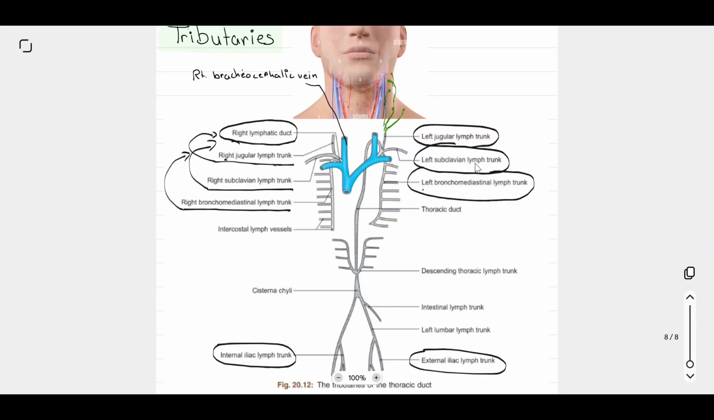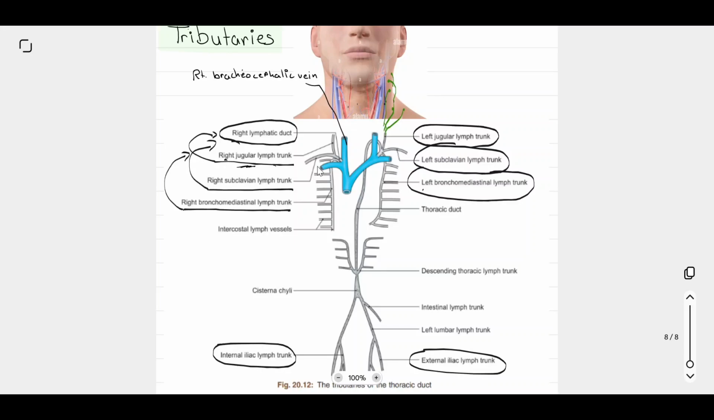Then I have left subclavian lymph trunk, which is draining from the lymph nodes from axillary region. And thirdly, I have left bronchomediastinal lymph trunk, which drains lymph node from thorax region. They all three combine at this junction, and at the angle they drain into this thoracic duct in the left hand side. Similarly, the right hand side, I have this. Firstly, I have right jugular lymph trunk. Samely, right jugular lymph trunk has similar work as left jugular lymph trunk. It drains from neck. Similarly, right subclavian lymph trunk drains from axillary lymph nodes, and right bronchomediastinal lymph trunk drains